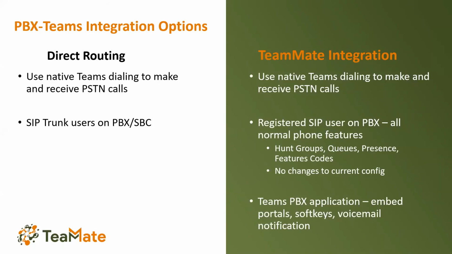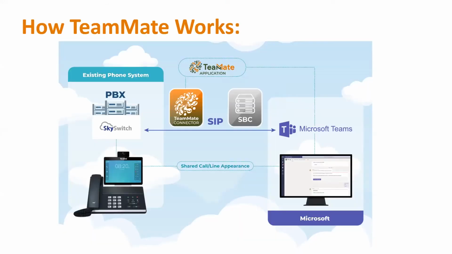So this is a complete user interface and a better, easier, more natural experience for the user. So schematically, this is what it looks like. On the left is your existing phone system. This is SkySwitch. That phone there represents one of your phone users, and we don't touch that. All we do is add a second appearance for that, a second device or endpoint for that same user,